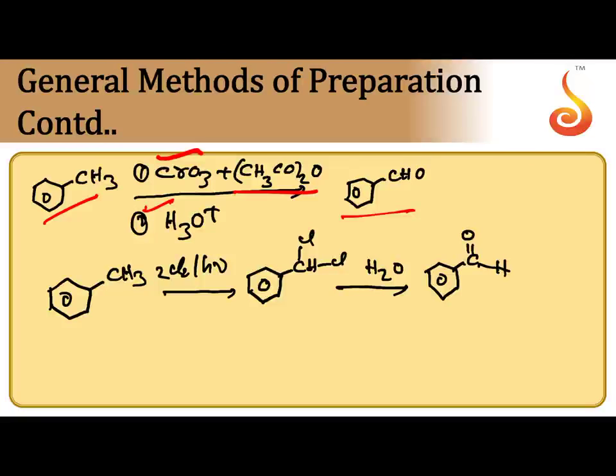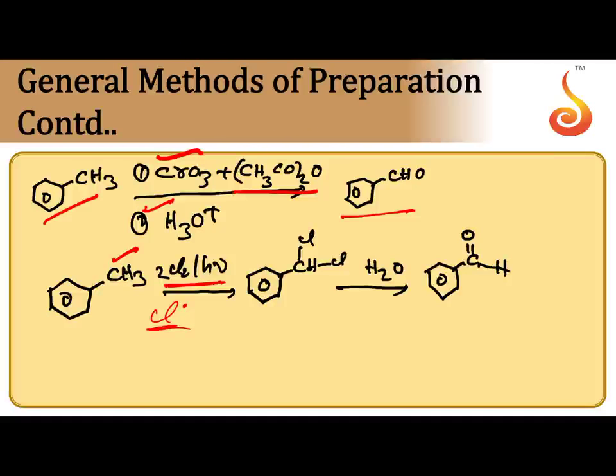And another method: when alkyl substituted benzene is reacted with chlorine in the presence of sunlight, UV light, or above 500 degrees centigrade, what happens? Benzylic substitution takes place. Hydrogen atom from benzylic carbon only is substituted with chlorine, because here chlorine free radical is produced. When taken in 1:2 ratio, 2 hydrogens are replaced with 2 chlorines.